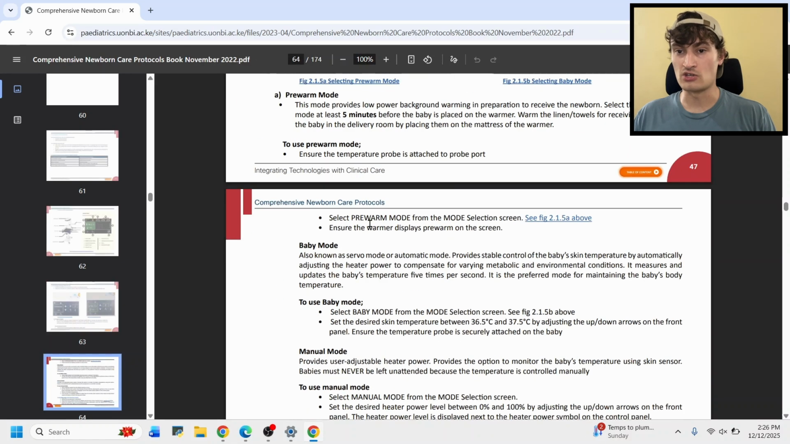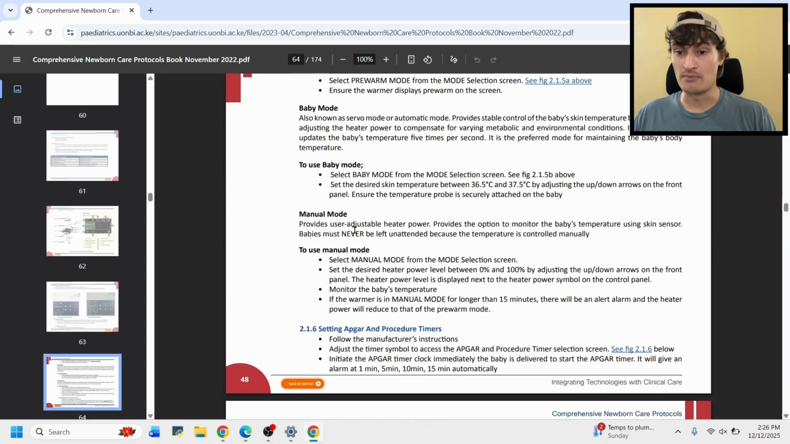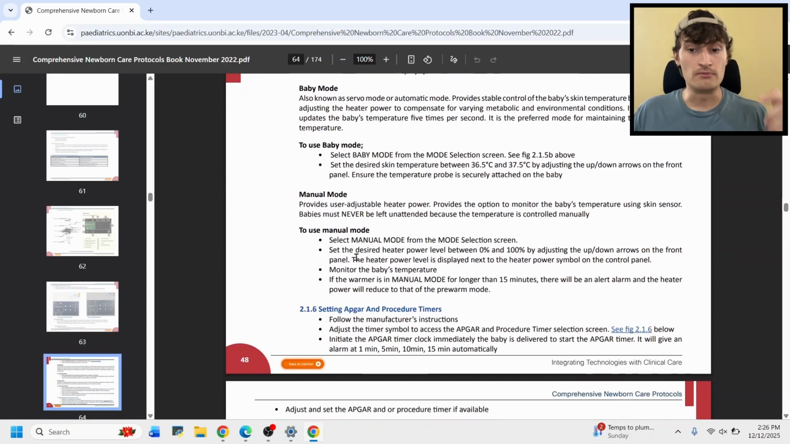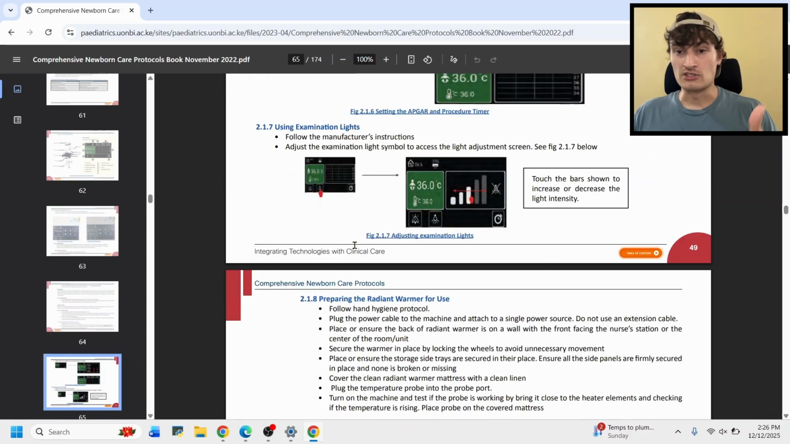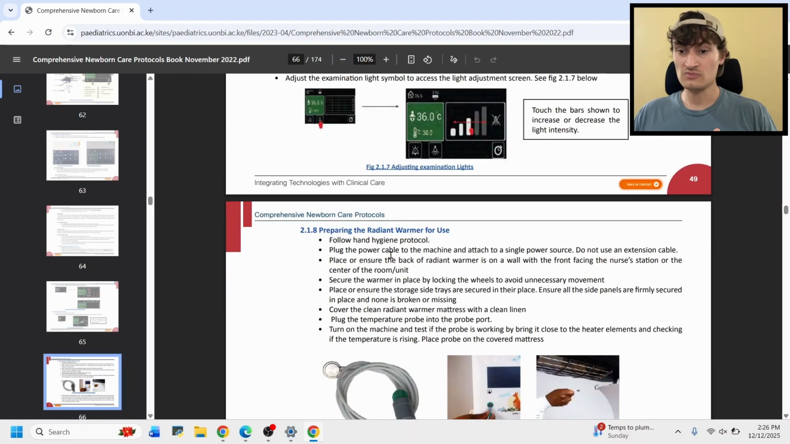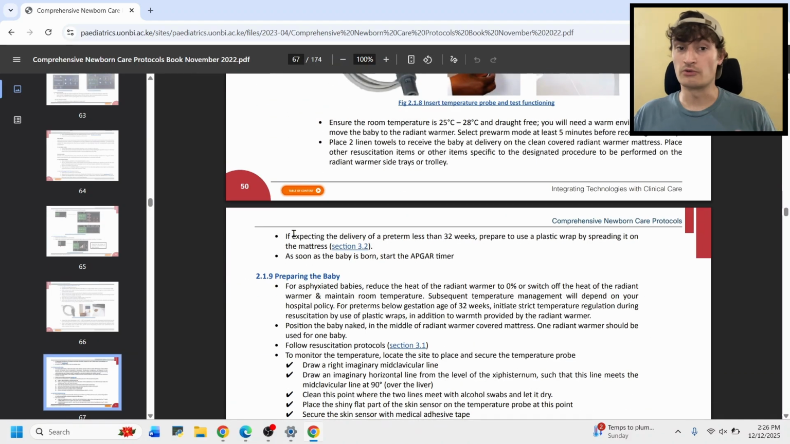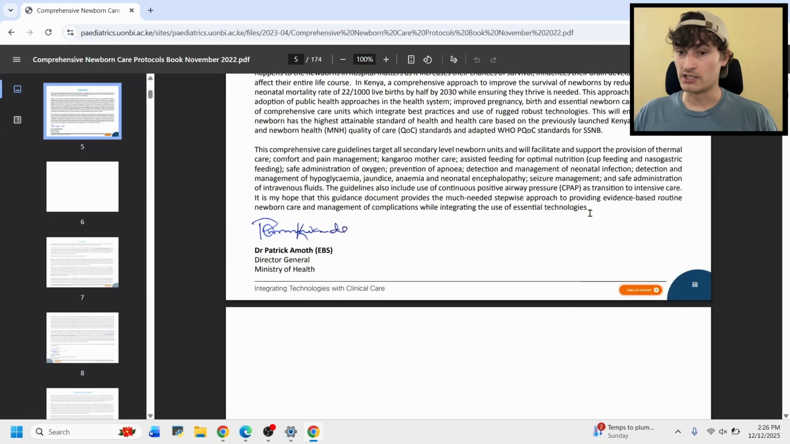All of this is great information on how to use it. It's the pre-warming mode, it's the baby mode, it's the manual mode. It walks you through the different modes, how to use it, how to turn it on, how to prepare it for use. Great information, okay? Now, if we go back to the table of contents,